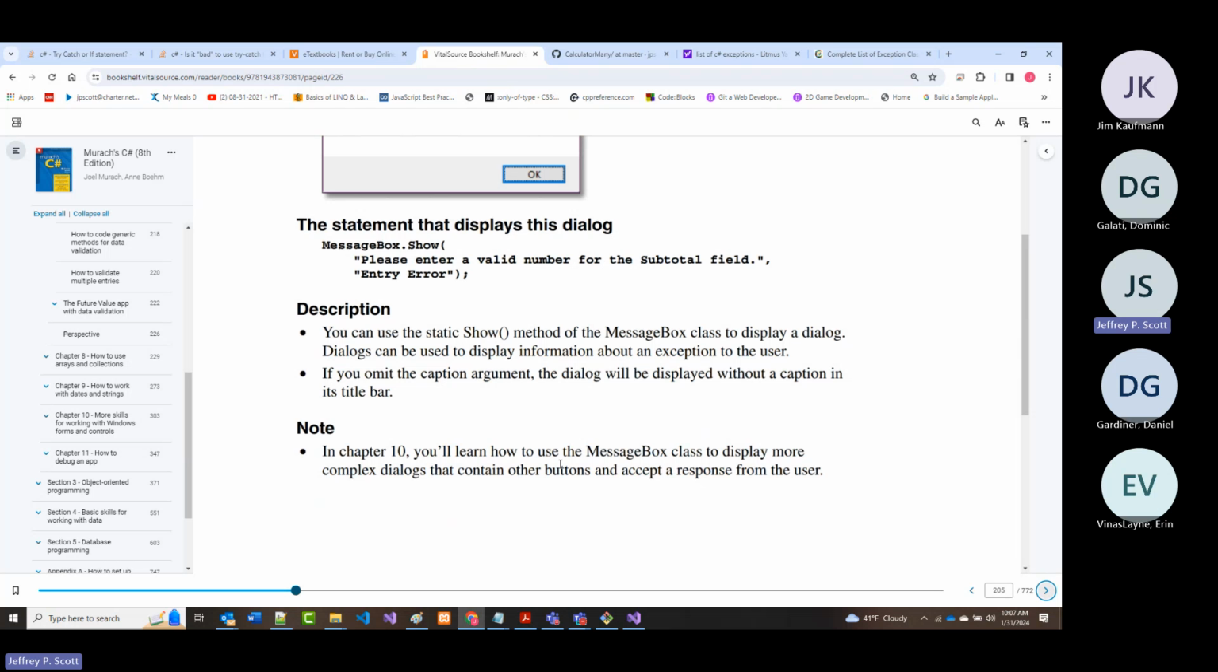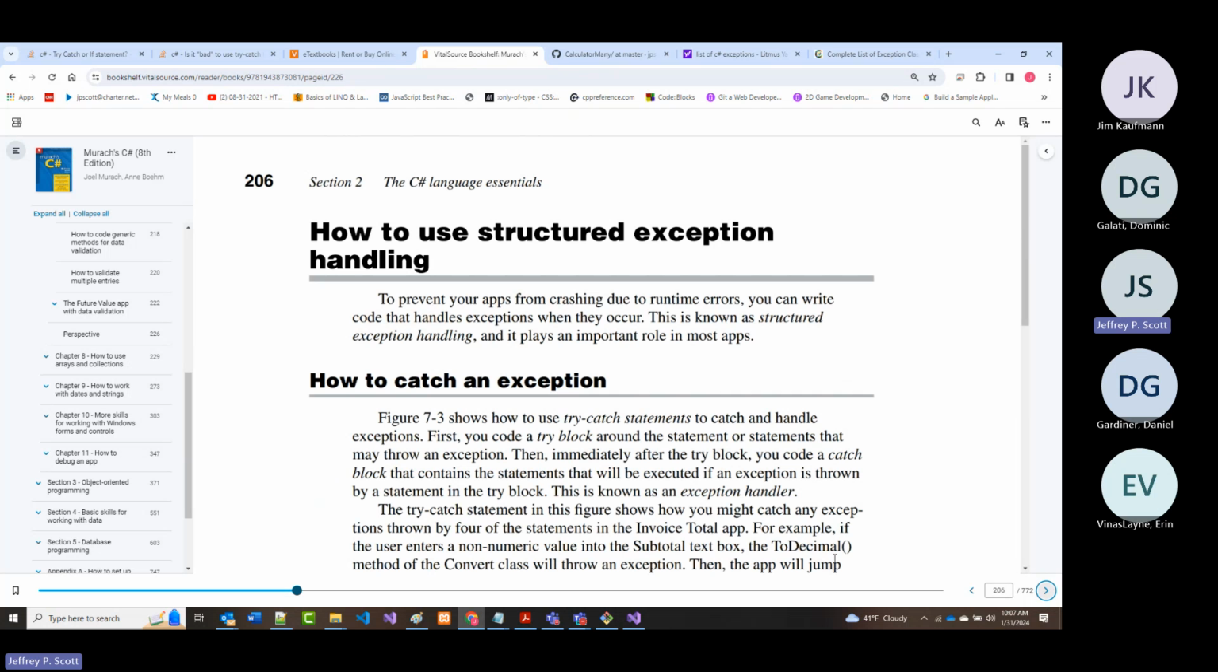Now, notice they say in chapter 10, you'll learn more about the message box class. You already know that stuff they're going to mention in chapter 10. We've been writing good message boxes all semester. All right. So when you work with exception handling, you do what's called catch an exception. What we're going to end up writing is something that's,